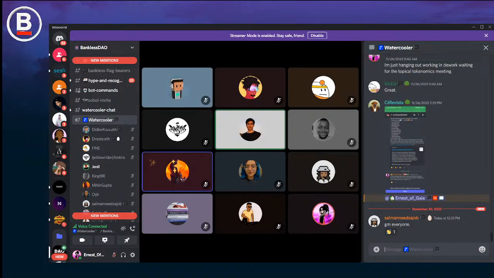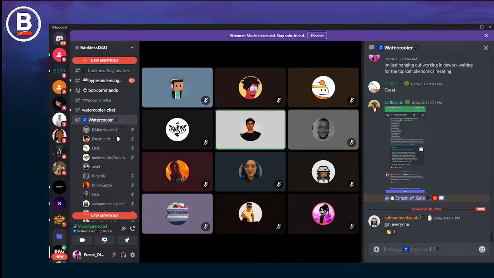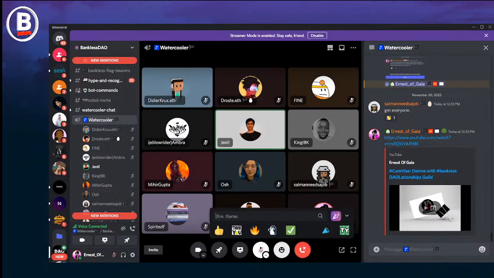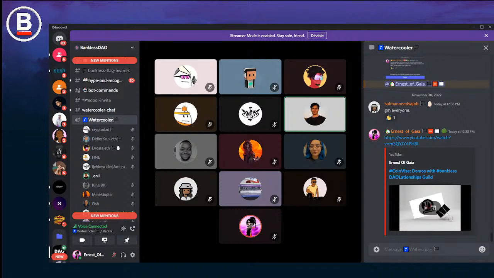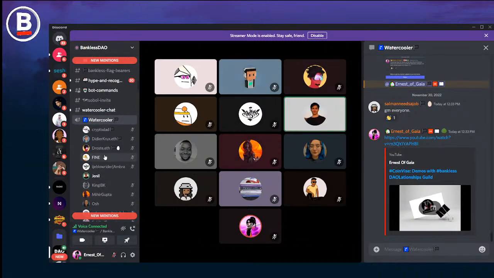At Coinwise, we initially started off as a platform to help grow and monetize communities. So we built no-code tools where you can create a token, create different kinds of airdrops, and monetize with NFT memberships. So in this call, we'll demo our no-code tools that are available at coinwise.co on our dashboard, where you can use these products and get started, and how they can be useful for the Bankless DAO community. And we'll go over some of the popular use cases, who we've worked with in the past, and how our tools can be used.